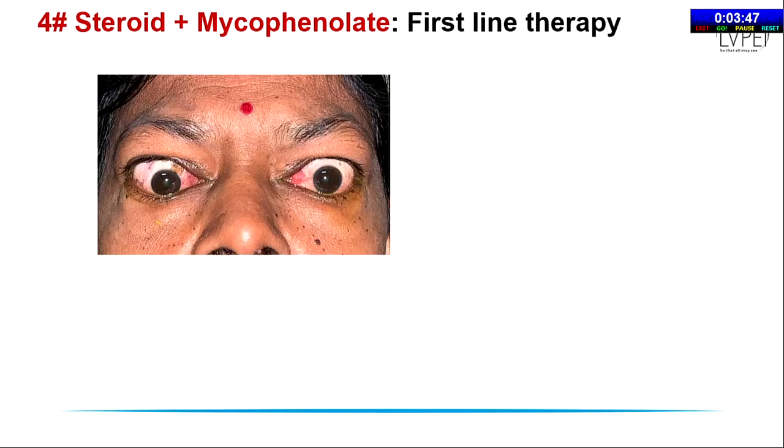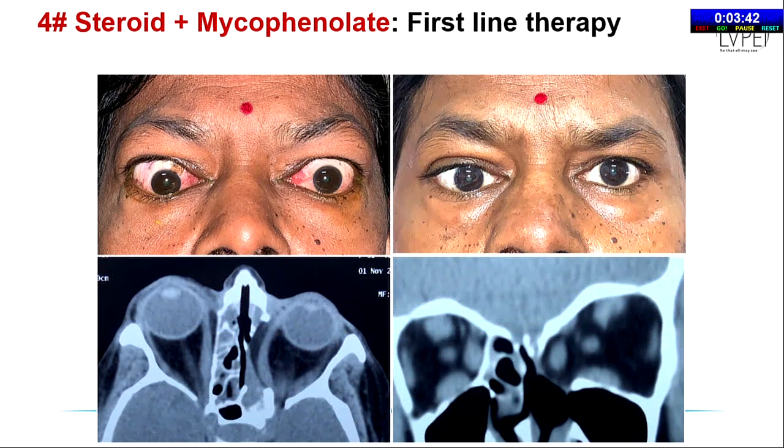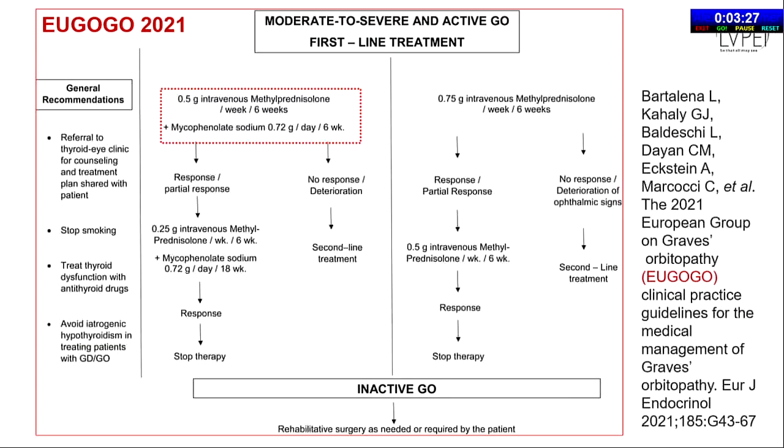Fourth, the combination of steroid and mycophenolate in the 21 guidelines of EUGOGO came as a big relief. Essentially because you have your own challenges of treating patients, particularly if you are diabetic, and this particularly helped. I'm trying to show one particular patient where we treated with mycophenolate and then moved on to doing a surgery. And this particular site was also showed by Professor Siddiq. Essentially, it tells you that you can look at combining IVMP with mycophenolate, and with the kind of safety margins that mycophenolate has, it definitely comes to our rescue.